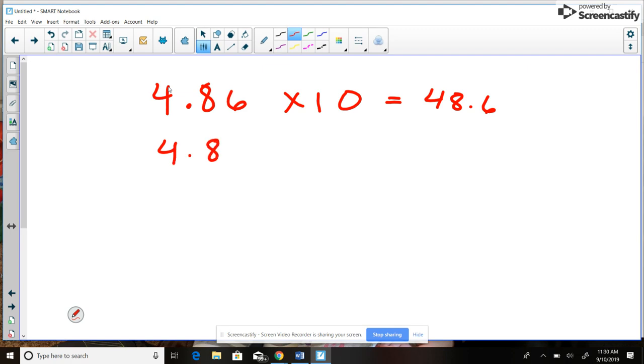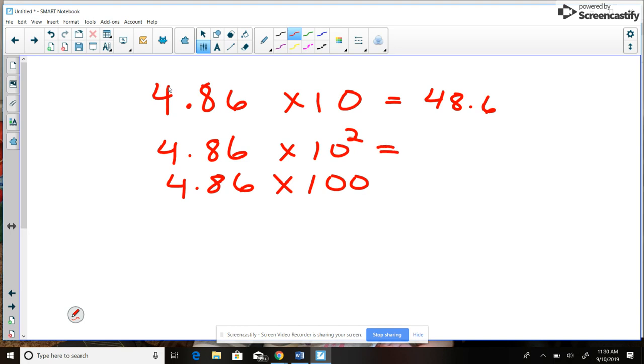If I take the same number times 10 to the power of 2, I'll rewrite that as the same thing, 4 and 86/100 times 100. They're both the same thing, 10 to the power of 2 and 100 are the same thing. So I'm going to get the same result,